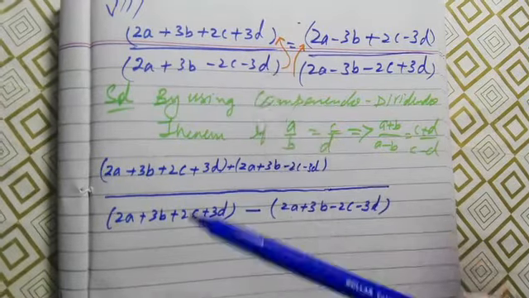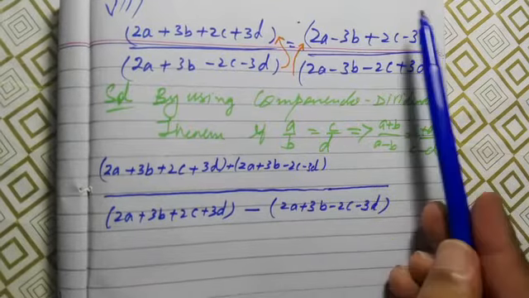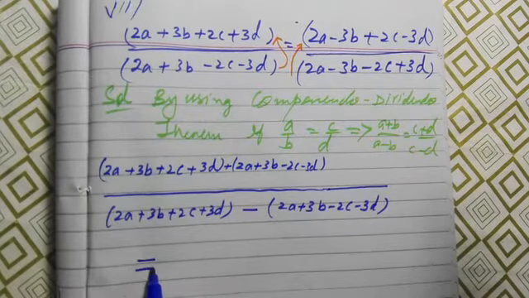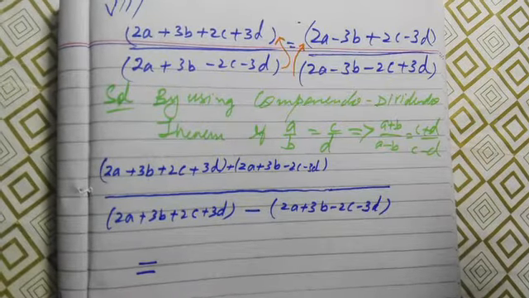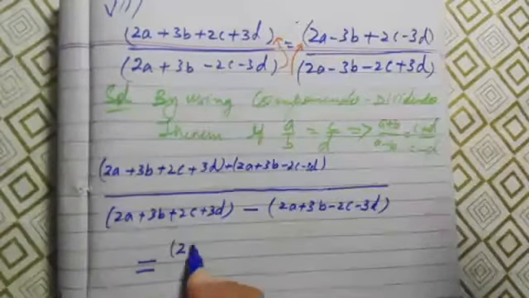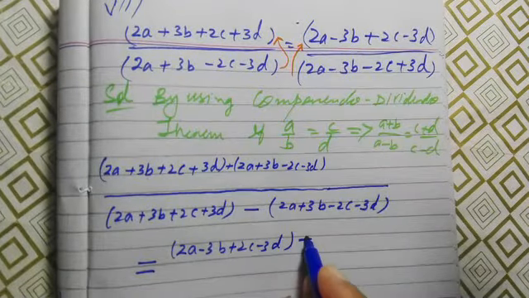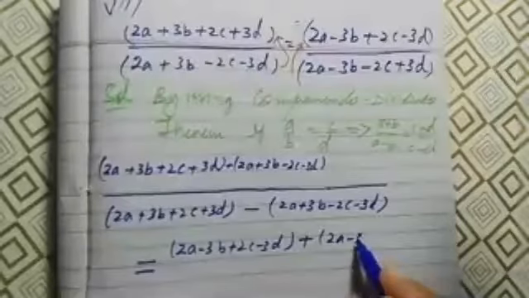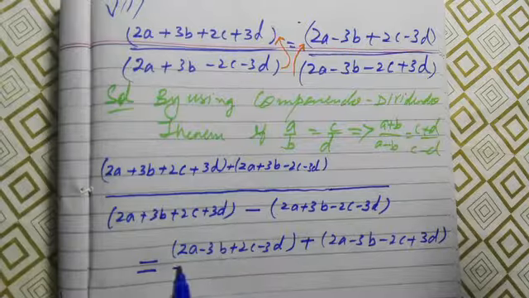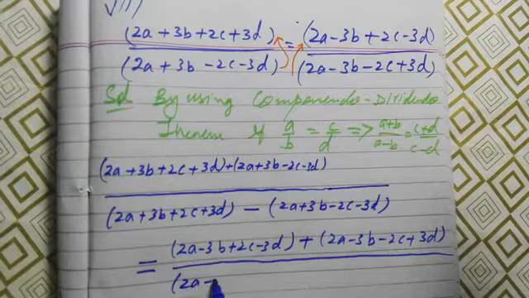But we also have to apply it on the right hand side. So now I'm going to write the right hand side. For that, I will use an equality sign right here, and I am writing the right hand side, that is the terms involving 2a minus 3b plus 2c minus 3d, plus the term from the denominator 2a minus 3b minus 2c plus 3d. And again, these two terms will be written in the denominator, but there will be a negative sign between the brackets.